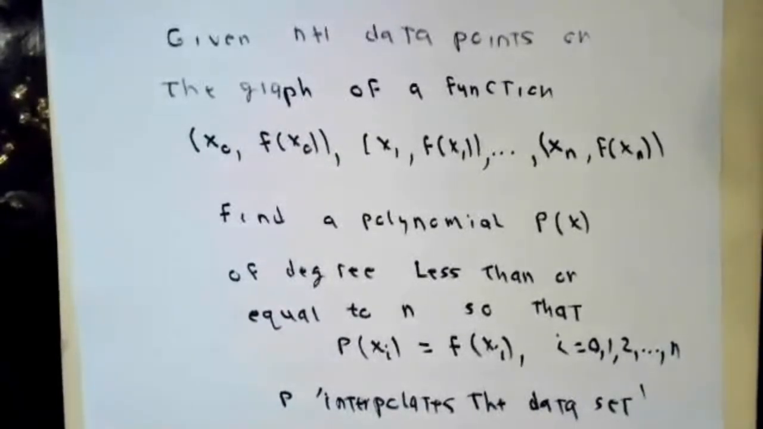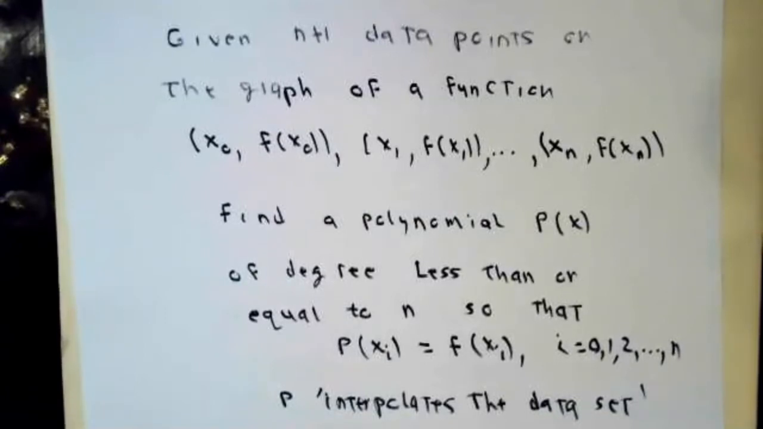The problem that we're looking at now is this. Given n plus 1 data points on the graph of a function, which I'll think of as being x0 and its associated function value f of x0, x1 and f of x1, and so on, down to xn, f of xn, we want to find a polynomial p of x of degree no more than n,